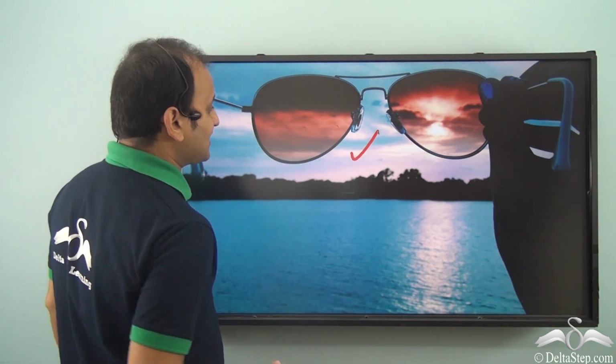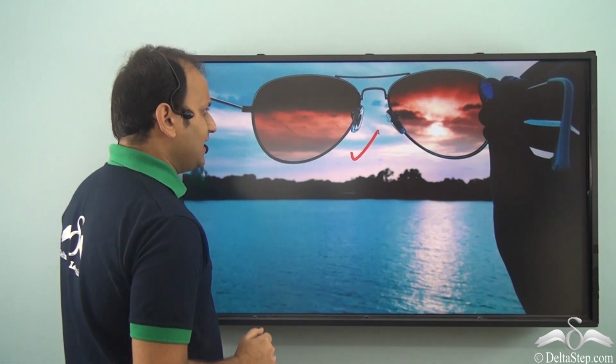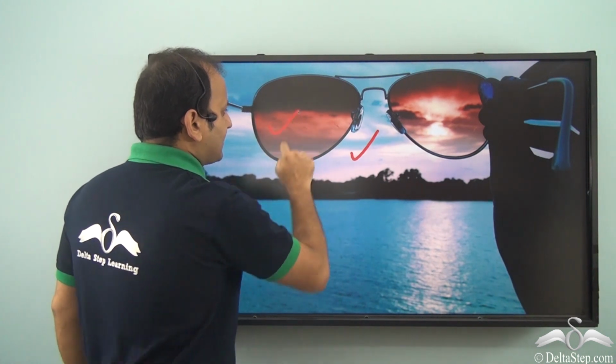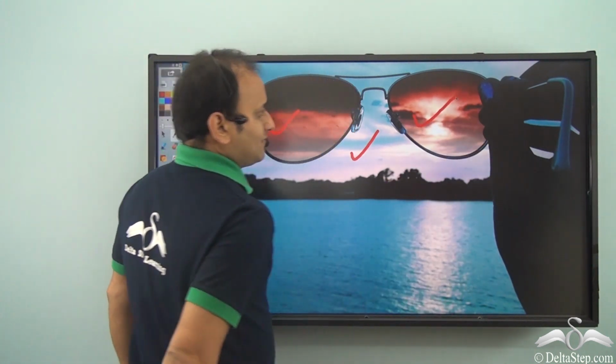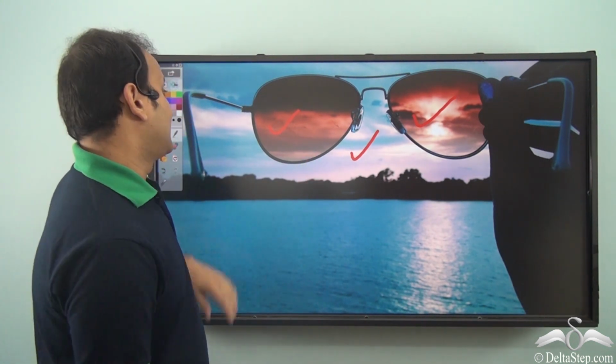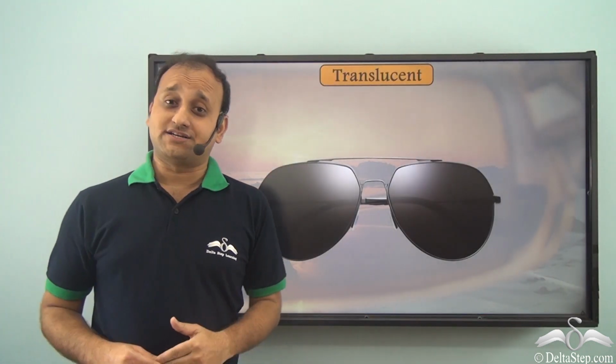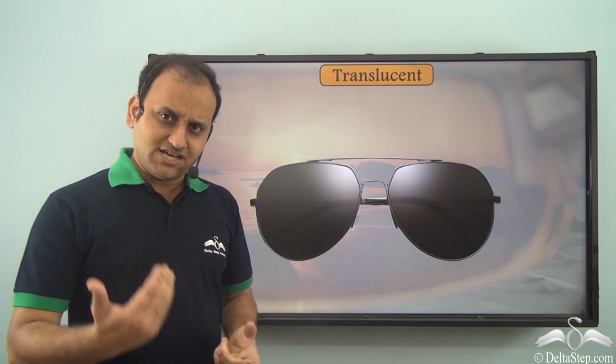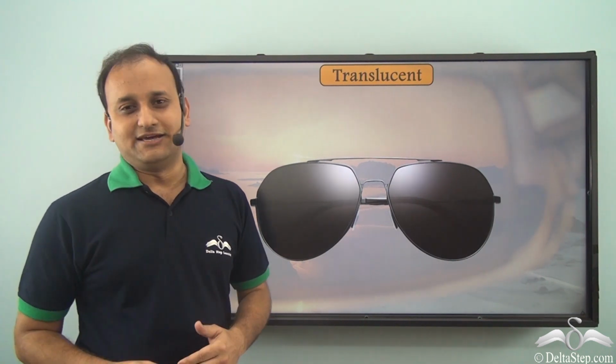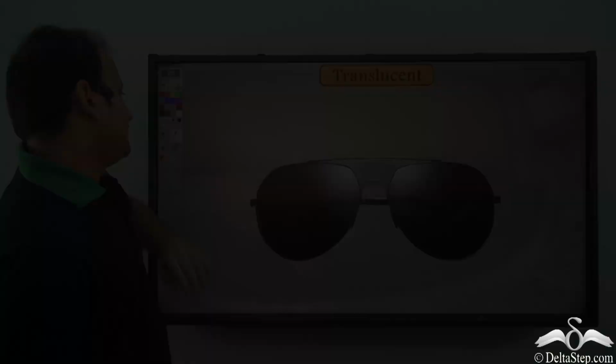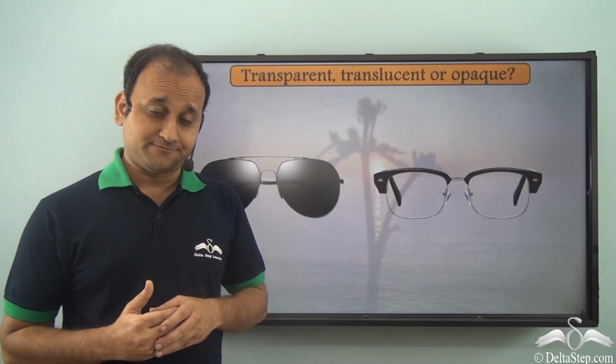And when you look through the sunglasses, you can see the sky, but it's not very clear. And as a result, this is a translucent object because you can see through it, but not very clearly. So now you know that sunglasses are translucent objects.